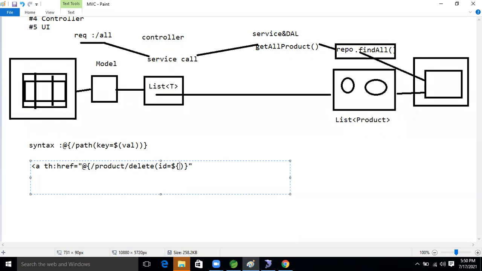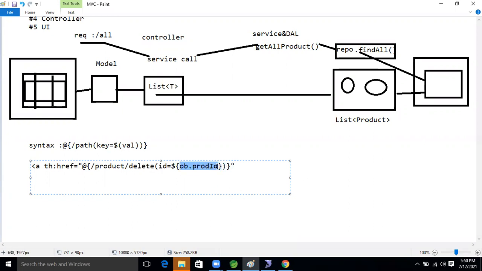Dollar symbol, open bracket, close bracket, then ob dot prod ID, right? Prod ID. Like this we will write it at runtime.